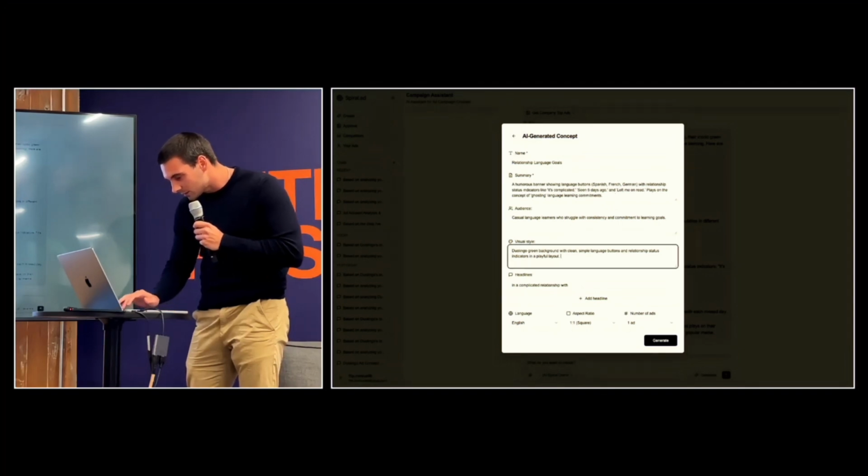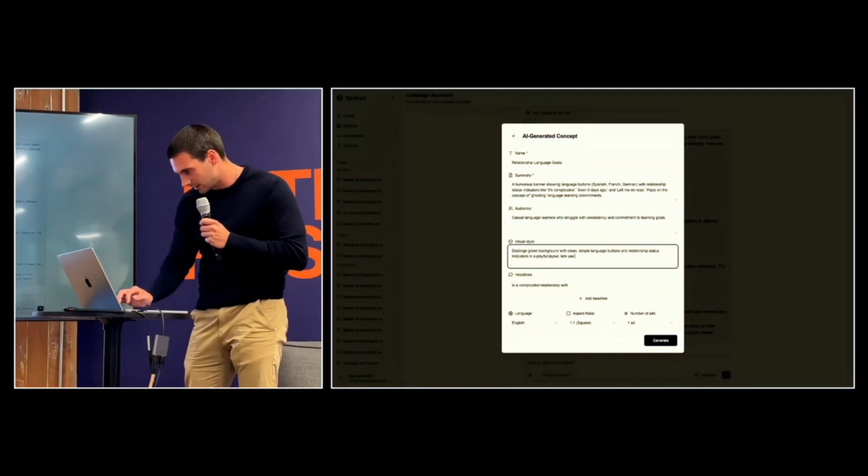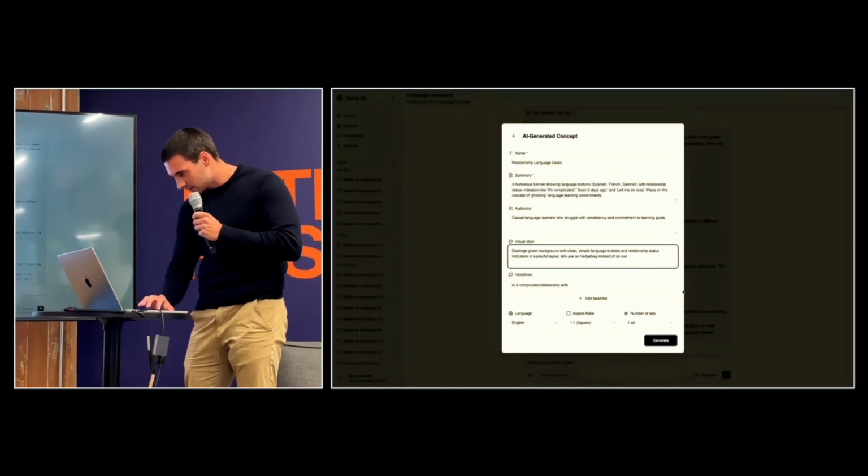We can do, let's use, since we're at a post-hoc event,